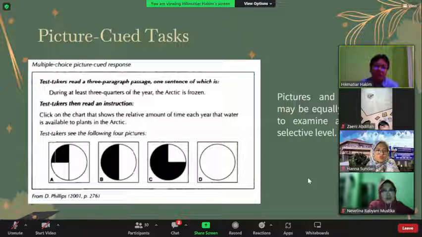Picture cue task. In selective reading we also have the picture cue task. You have some short sentences or a paragraph explaining something, and then the question is in the form of a picture. For example, for this one, 3/4 of the year, and then the question asks how much is the